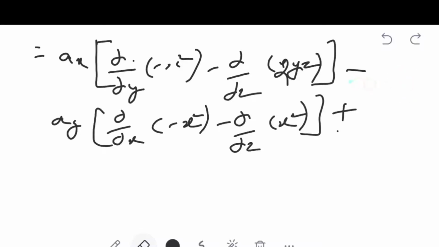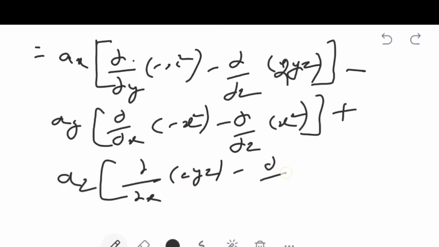It is minus, here it is plus. az into dou by dou x of 2yz minus dou by dou y of x square, close the bracket. This we have to calculate. Find out this. Dou by dou y of x square is